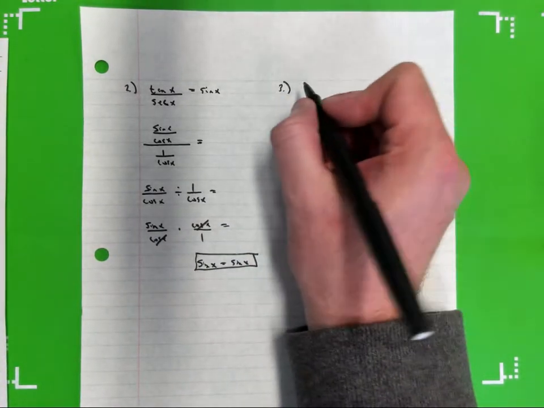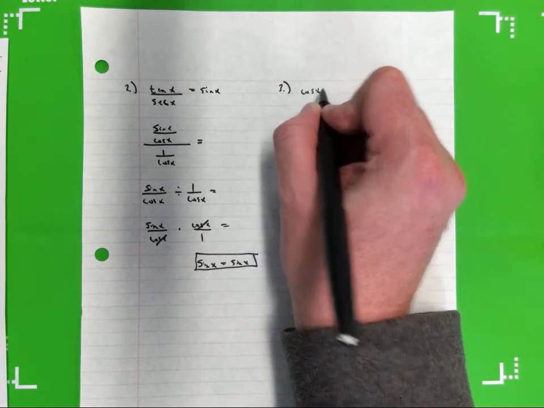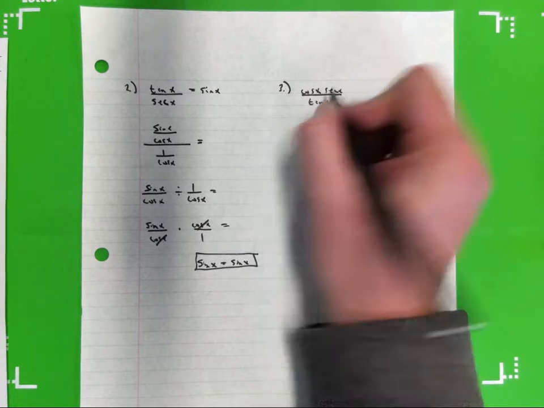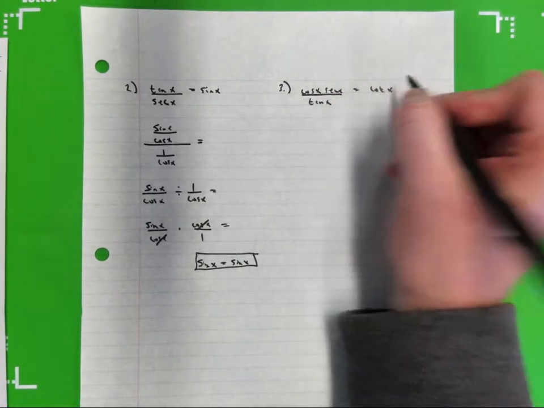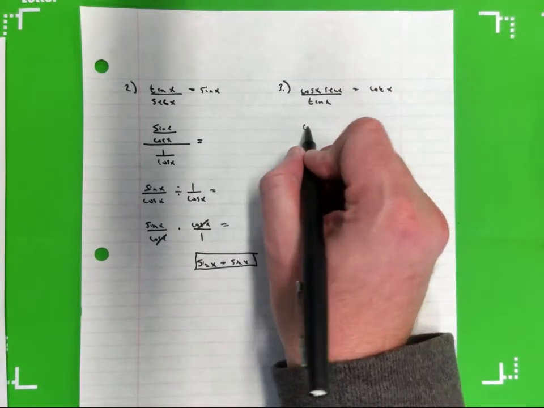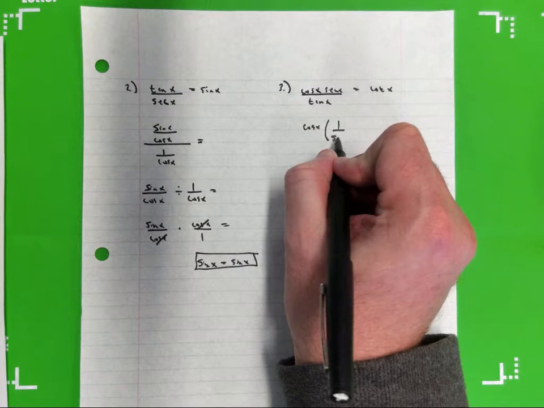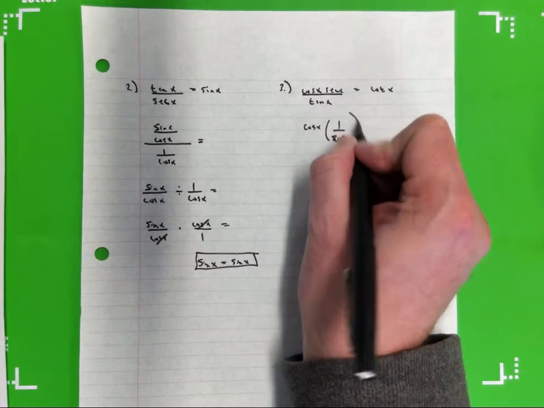Alright, let's look at number 3. Cosine x times secant x all over tangent x equals cotangent x. I'm not adding or subtracting fractions, so I do not need to find a common denominator. I do not have any squares for Pythagorean identities. Can't factor that, I can't foil it, so I'm going to rewrite it. So I'm going to rewrite this as cosine x times 1 over, secant can be written as 1 over cosine x,